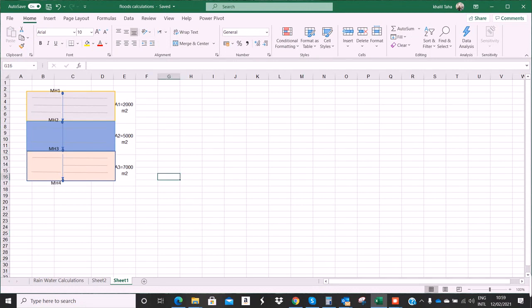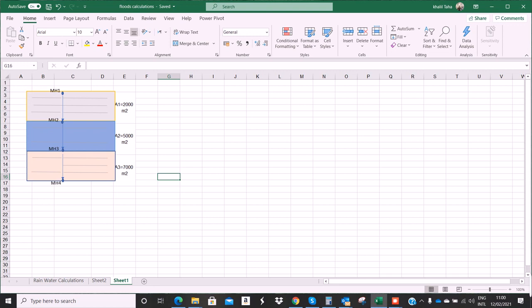Let's say we divided our camp into three areas based on the basin or the watershed. The first area is 2000 square meters, the second area 5000 square meters, the third area 7000 square meters. The first area will discharge the water to the main pipe linked between manhole 1 and manhole 2. The second area will discharge the water to the second pipe linked between manhole 2 and manhole 3. The third area will do the same and discharge the water to pipe number 3 linked between manhole 3